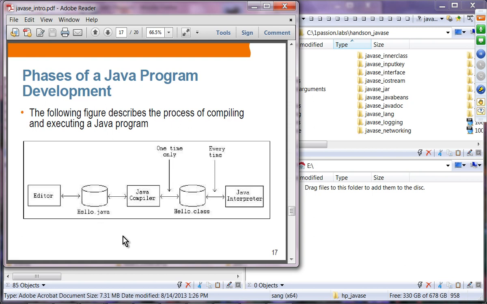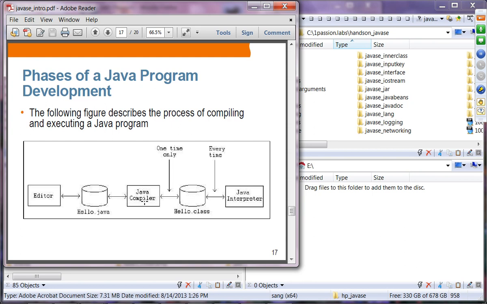And then you're going to compile it. This Java compiler, which is represented by the javac.exe file for Windows and javac for Mac OS and Linux, is going to compile this Java source file into what is called a class file. That class file is going to be called the hello.class file. And then you're going to run this hello.class file over the Java runtime environment. That's the Java interpreter, that is actually the Java runtime. So when we say Java interpreter, we mean Java runtime environment.